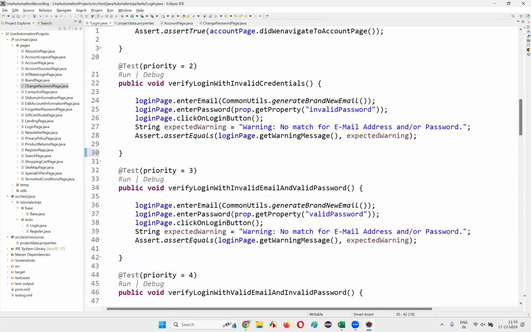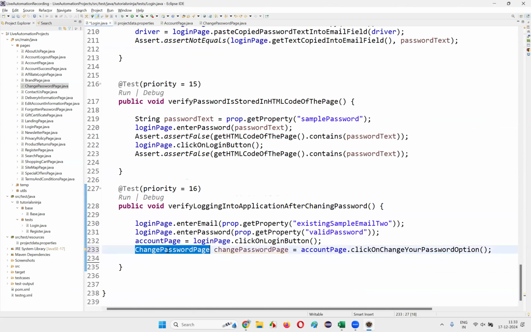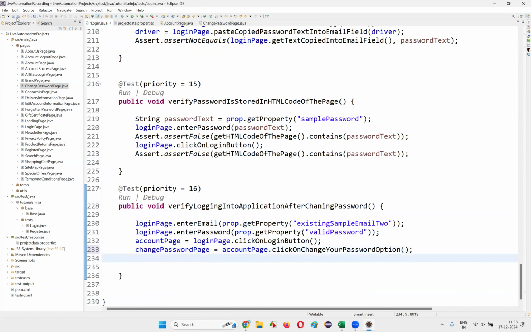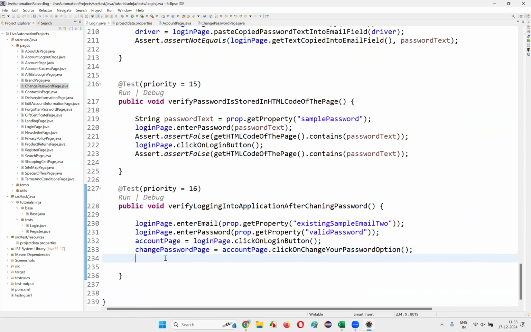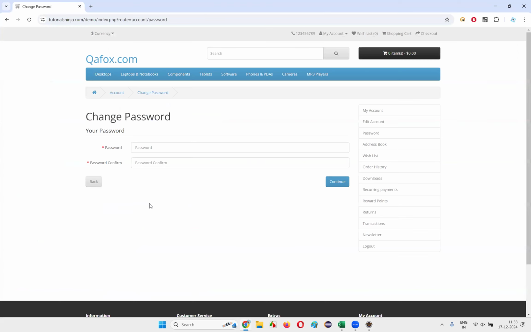Copy this change your password thing, and change your password. Okay, changePassword is equal to accountPage.clickOnChangeYourPasswordOption. You can change your password option. Once you go to this page,